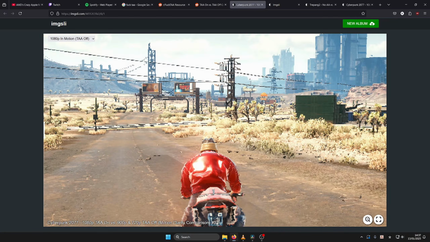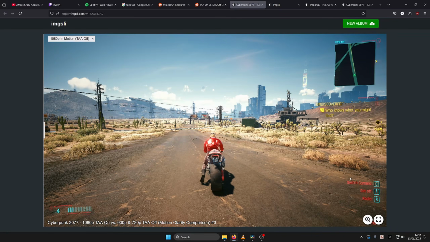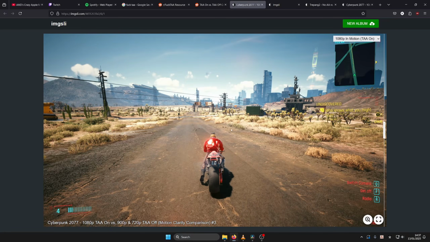I think that's a he, right? I don't know. But in Cyberpunk with anti-aliasing turned off, the hair looks very dithered. It also looks kind of half resolution. The reason why developers use these low resolution assets like foliage or hair in modern games is that it saves on performance. And also with TAA turned on, you really can't see the half resolution nature of the foliage anyways, because it's already kind of blurry.